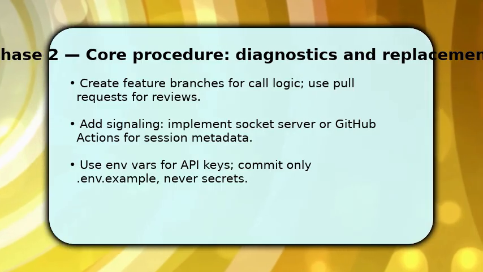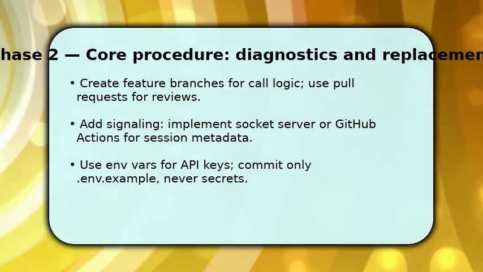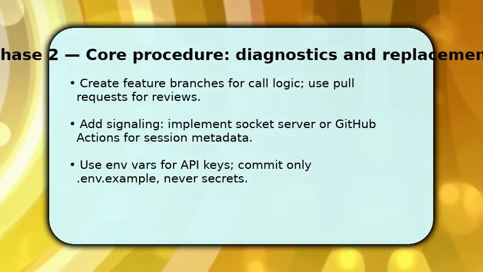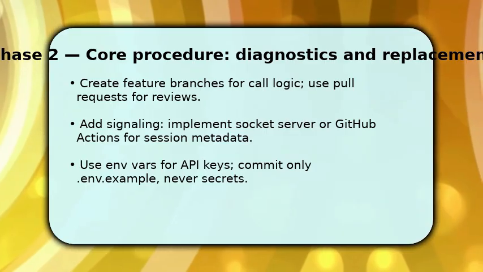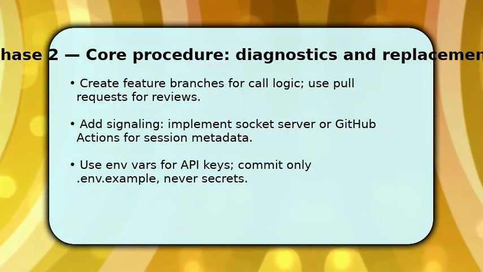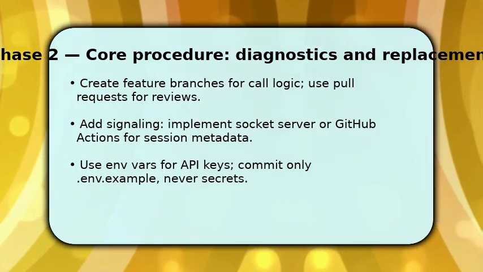For signaling, either run a socket server or leverage lightweight GitHub actions to exchange session metadata. Choose the approach that suits latency needs. Also, use environment variables for API keys, commit a template file, and make sure secrets are never pushed to the